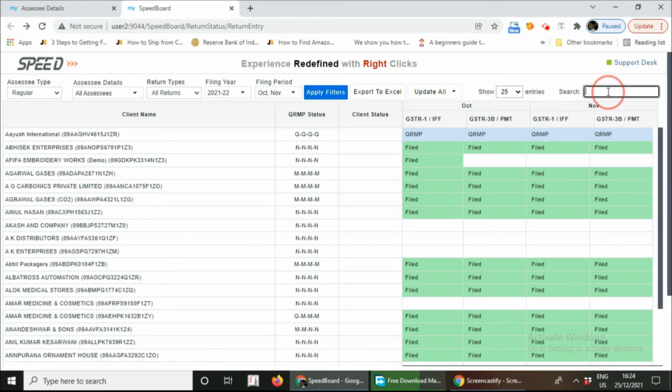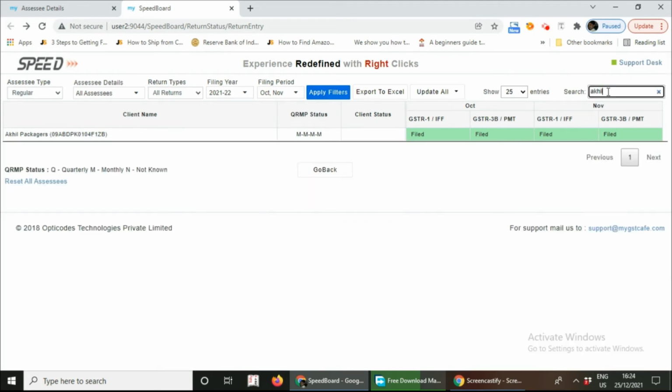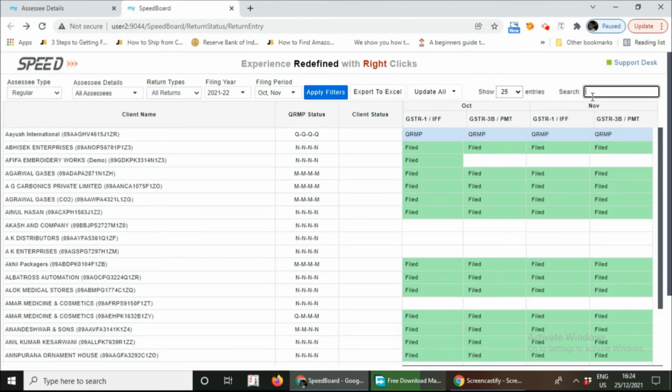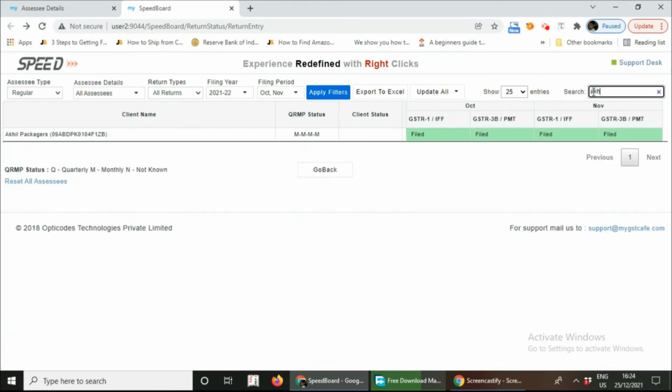Apart from that, you can use this search facility to directly find a particular client. So I'm just typing Akhil here. You can see that by typing just a few keywords, it has directly shown me that particular client and the return status of that particular client.